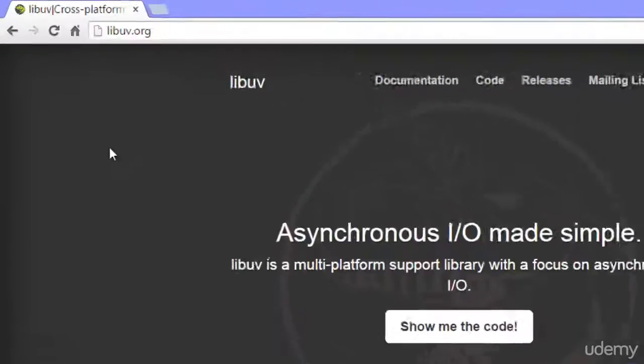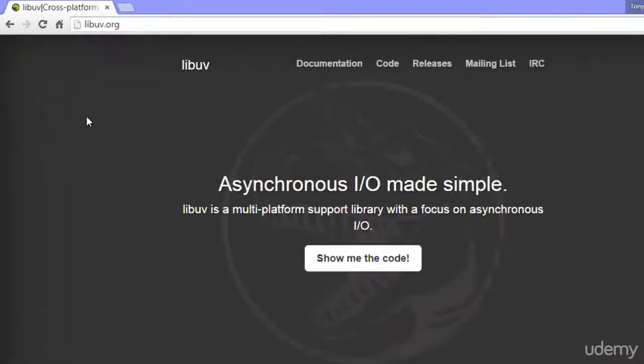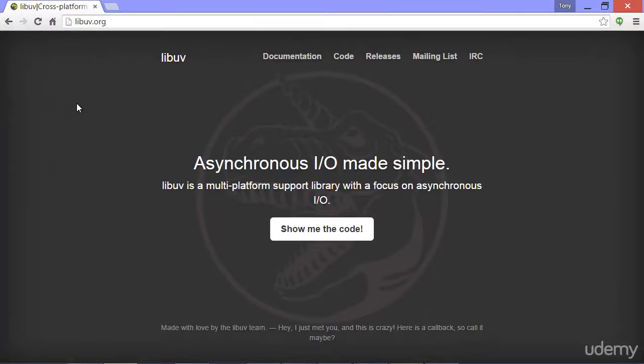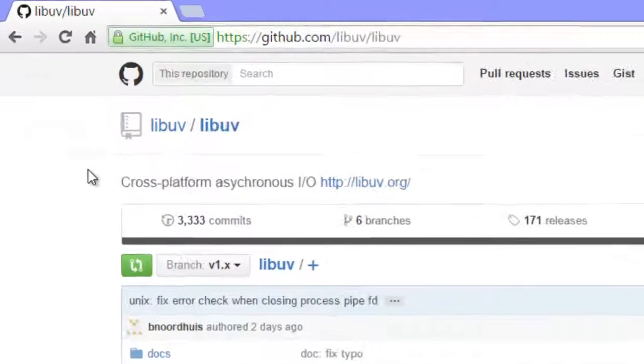Libuv actually has its own website. As we said, it's a module that was built primarily for Node, but can be used elsewhere. It's C code, and as we can see the tag here on the current website as of the time of this recording, it says asynchronous I/O made simple. So, in other words, as we said, helping us to manage more easily when multiple things are happening simultaneously. And you can go into the documentation and read more about the design patterns and concepts within libuv. I'll just click on Show Me the Code, and it will take me over to the GitHub repo,